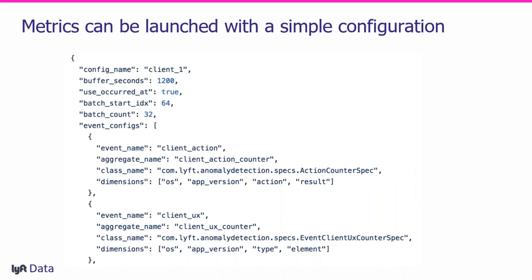An important aspect of rolling out anomaly detection at a big company, which is Lyft, is how do you make it easy to publish new metrics? So we have all sorts of events, all sorts of use cases, and many teams that are interested in performing anomaly detection. If we were to ask them to write Java code and submit it to Flink every time that they would need to create a new metric,